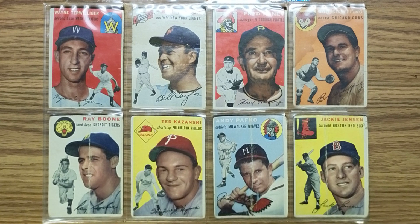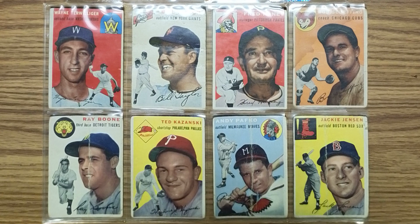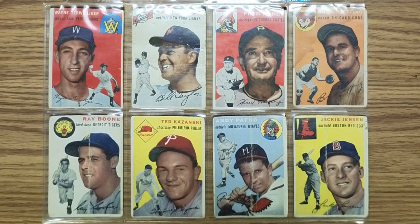Jackie Jensen. Jackie Jensen won, I'm pretty sure, an MVP with the Red Sox, I think in 1959. Really strong guy and great player, but regrettably didn't like flying enough so that he retired from baseball so he wouldn't have to make the trip out to the West Coast